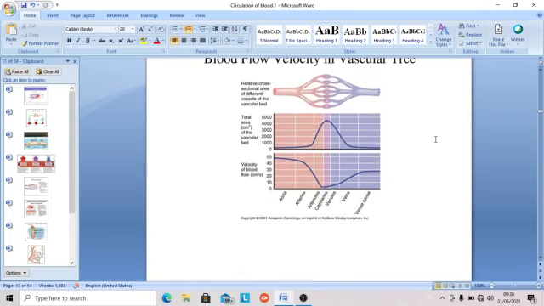This is the cross-sectional area. It is greatest in the capillaries, and even in arterioles it is more. So naturally, the pressure will suddenly fall, and velocity also suddenly falls, because if the cross-sectional area is more, velocity falls. So velocity is minimum in capillaries, also greatly reduced in arterioles. Also in venules and smaller veins it is minimum. But in veins there is some velocity, though much less than in the arteries.